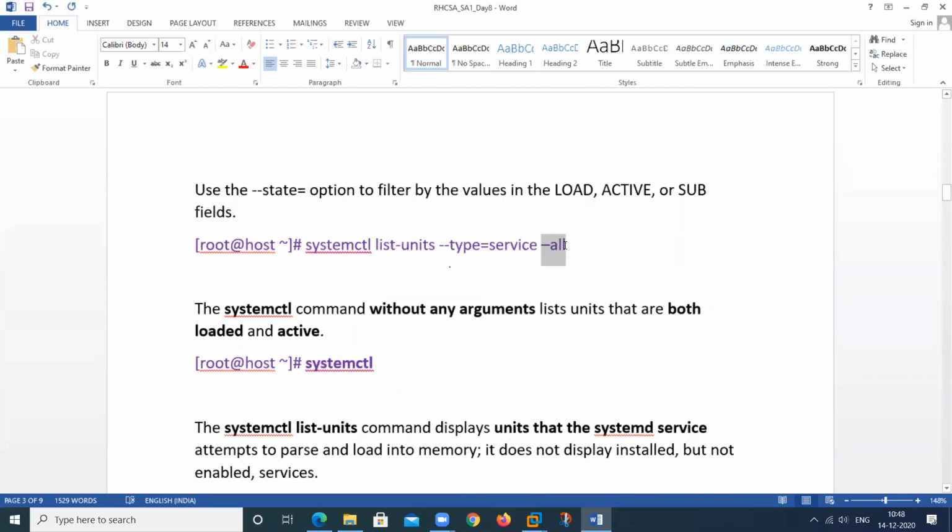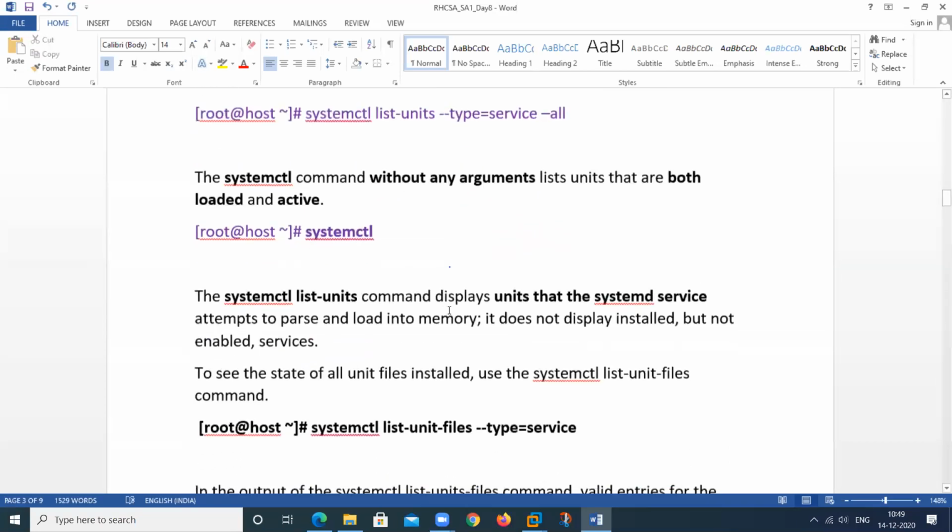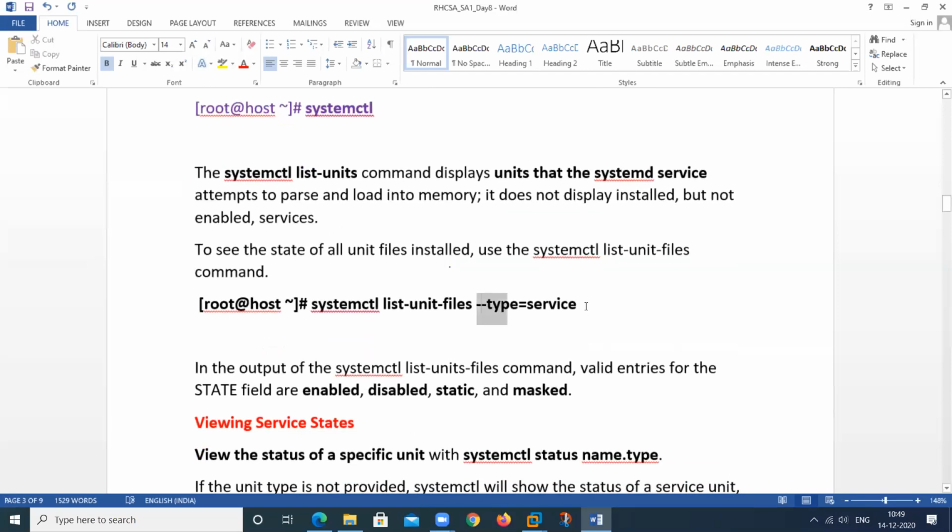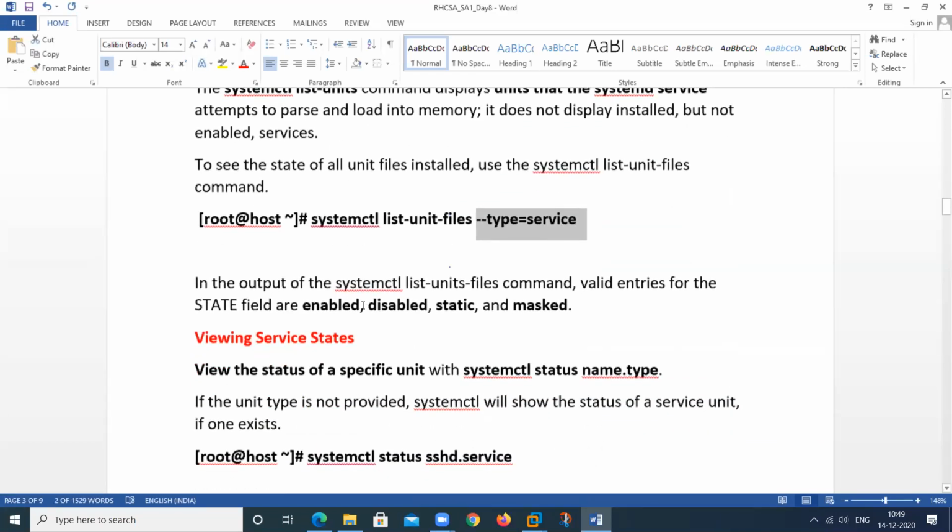These are the fields: load, active, sub. These are called fields. We can also use state to select which state we want to display. This is type, that is service. It can be enabled, disabled, static, mask.